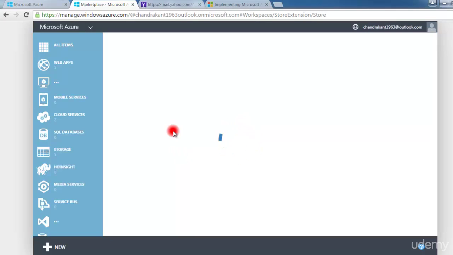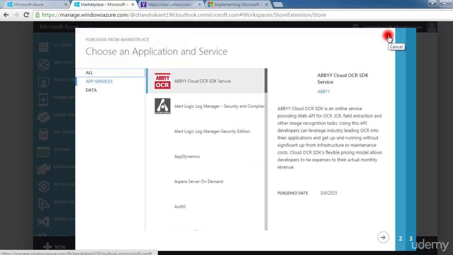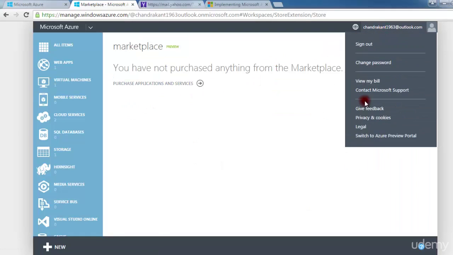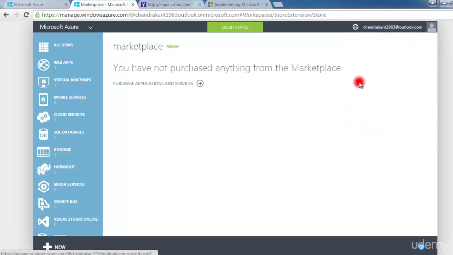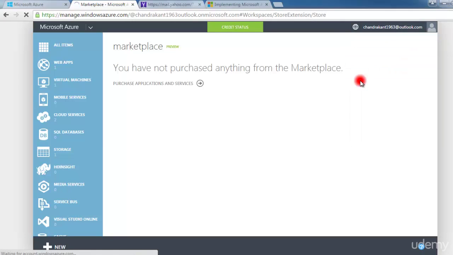This is your actual Azure portal, the Microsoft Azure portal. I'll click this. First we will try to understand the portal of Microsoft Azure. I'll be clicking here. By default, when you log in to this,